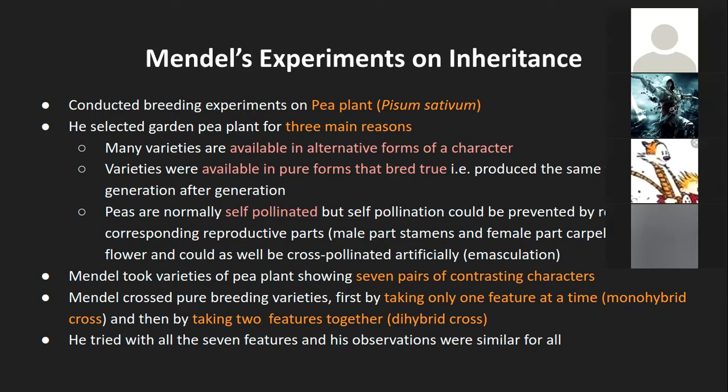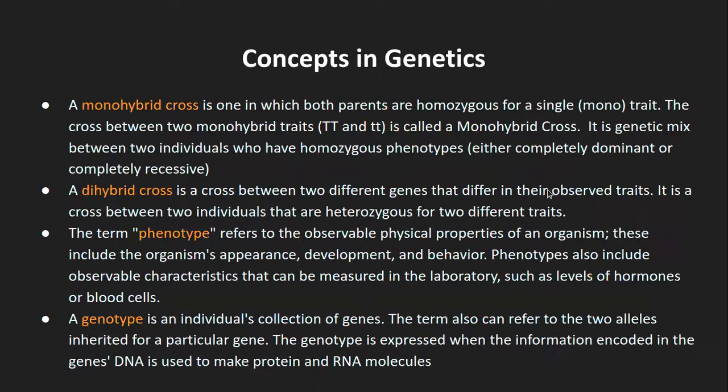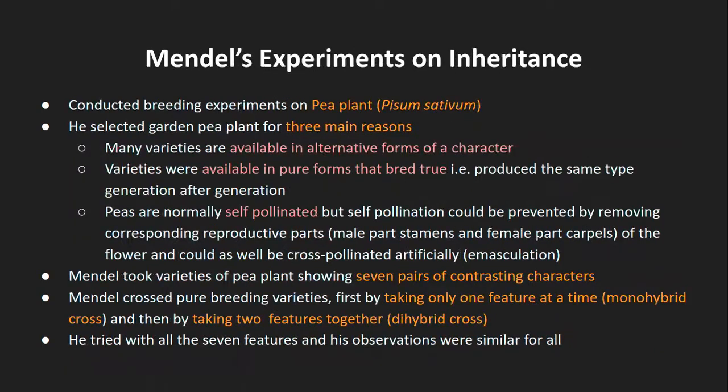Perfect. So again, if I have to go back to the earlier slides, we had looked at the different monohybrid crosses. We looked at what is genotype, phenotype, gene, allele, and all those concepts, dominant, recessive, right? Now we are actually going to look at the application of all these concepts in genetics, like where are they being used, what do they mean exactly, and so on. And to do that, we are going to take help of Mendel's experiments.